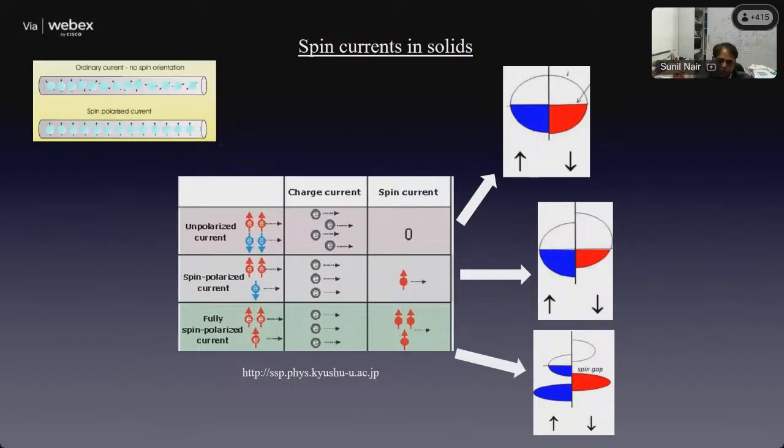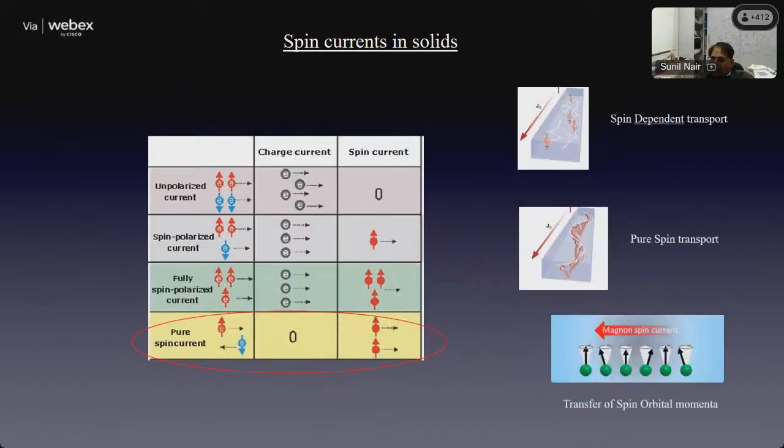You will see half metallicity when one goes to much lower temperatures. As one increases the temperature, there are a lot of scattering processes which do not conserve spin. And so they are basically spin flip scattering processes. So you have an up electron, it scatters and becomes a down spin. So then that much of spin polarization is lost. Nevertheless, this is something which has been known for quite some time, that you can have a finite spin current in magnetic solids and a larger spin current in half metallic solids.